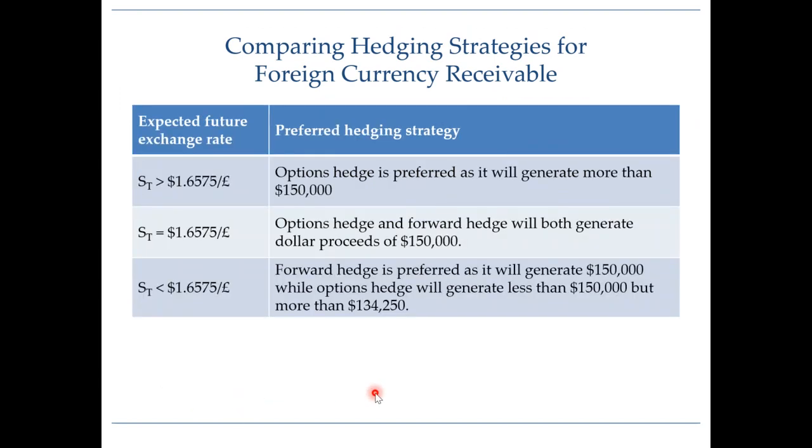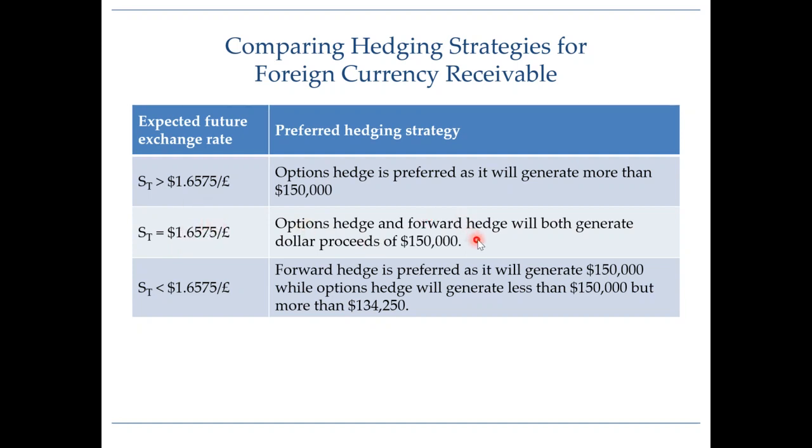$1.6575. So what it means is that if the future spot exchange rate in 1 year's time turns out to be greater than $1.6575, options hedge is preferred, as it will generate more than $150,000. But remember, at least always $134,250. But if the future spot exchange rate happened to be